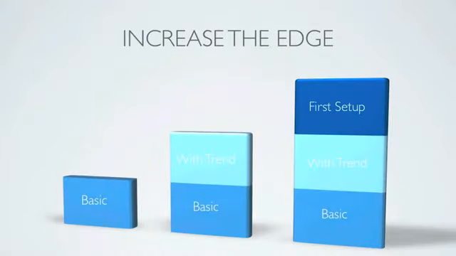You can increase the edge of this system. The first one is the basic one. That's what I've told you now. But you can increase your odds by trading with the trend. So we have an initial downtrend, and we then have a breakdown of the Bollinger Band squeeze. That's with the trend. You can increase your odds even more by going with the basic setup, with the trend, and it's the first Bollinger Band squeeze in that trend, the first successful Bollinger Band squeeze.